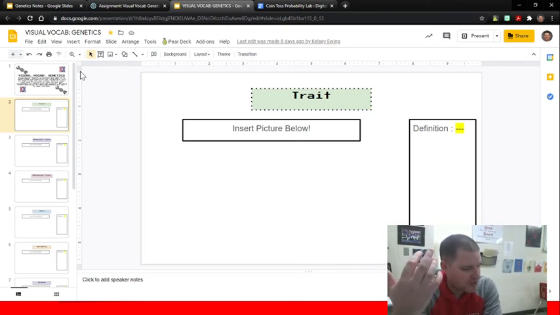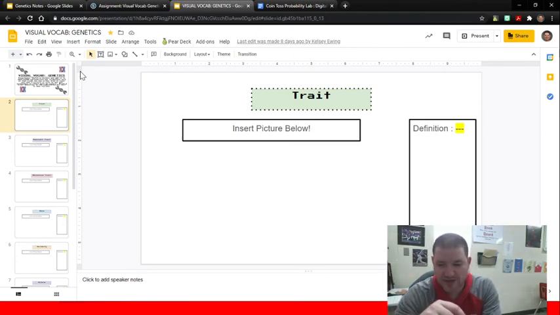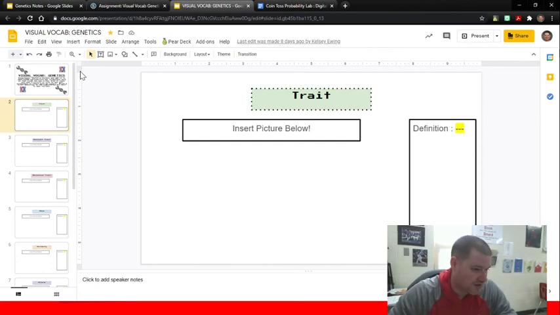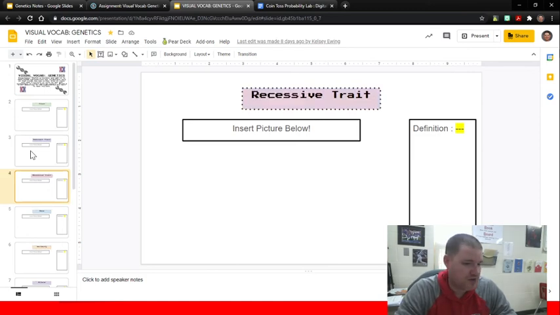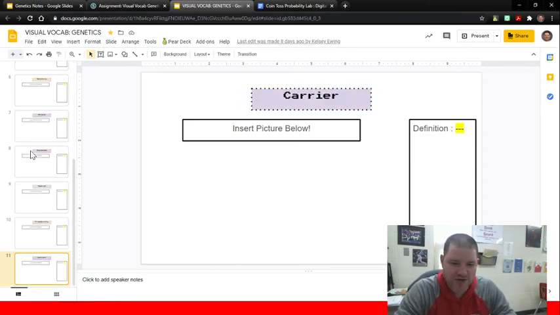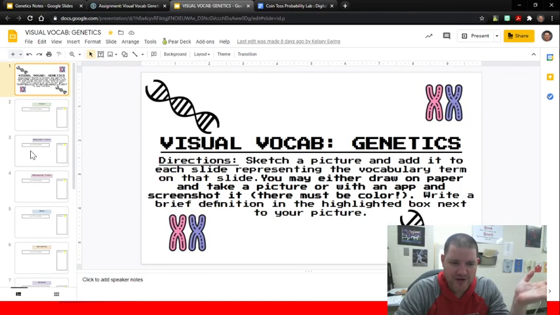So you can kind of use this as your flashcards for this unit, because there's going to be a lot of different terminologies here. You're going to have a bunch of these pre-made things. And we're saying that it's a sketch because this does not need to involve color unless you want it to. And you can do these on your digital things, or you could draw these out, take a picture of it, add it on there, whatever you want. The picture should be pretty big, though, to cover up that space. Don't give me some kind of small drawing there. So you're going to do that for each one of our words here. We've got all 10 of our words that we covered here